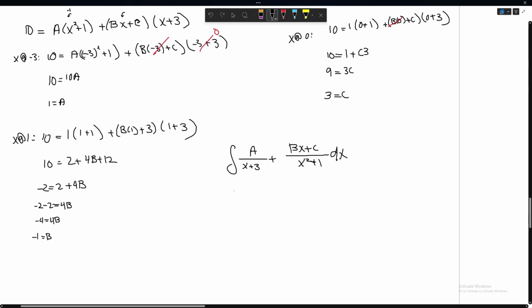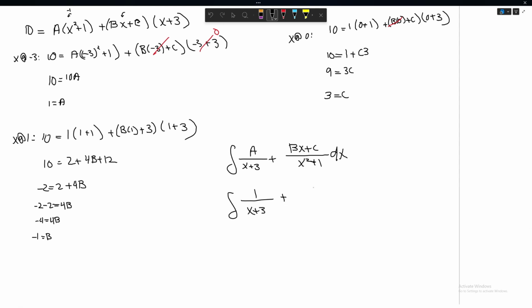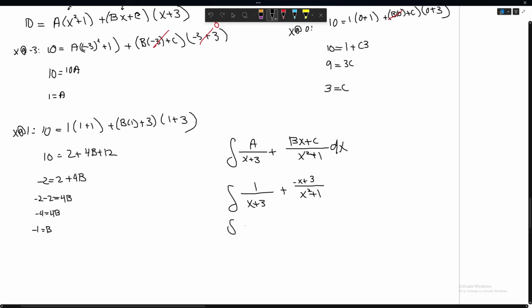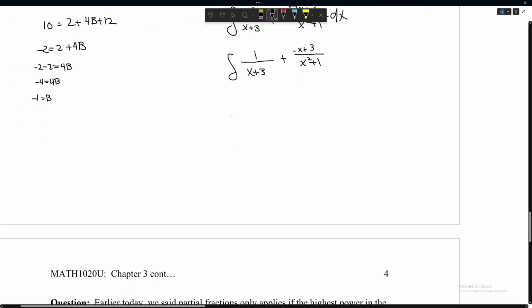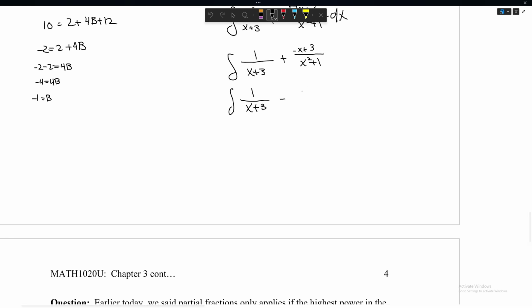I just gotta sub my constants in. So I know I said 1 equals x plus 3 plus my b is negative 1. So this is negative x now, right? Plus my c is 3 all over x squared plus 1. All right, now I'm gonna apply the negative in to make it look a little bit nicer. This is minus x plus 3. All right, now what can I do here? One thing I could easily do is